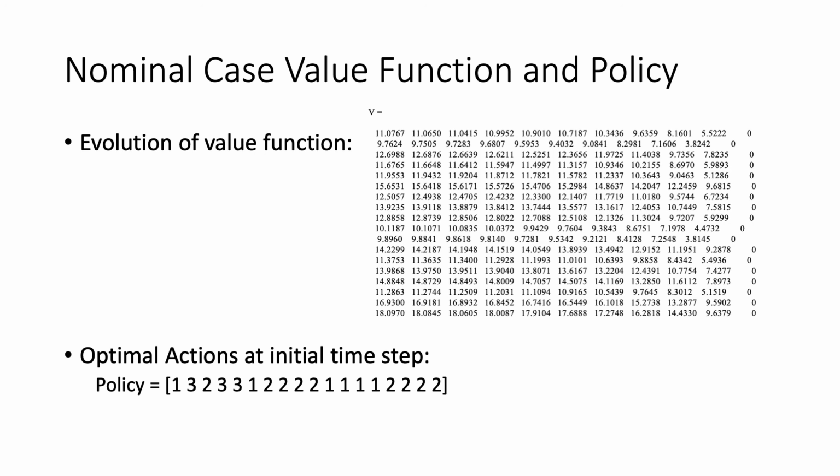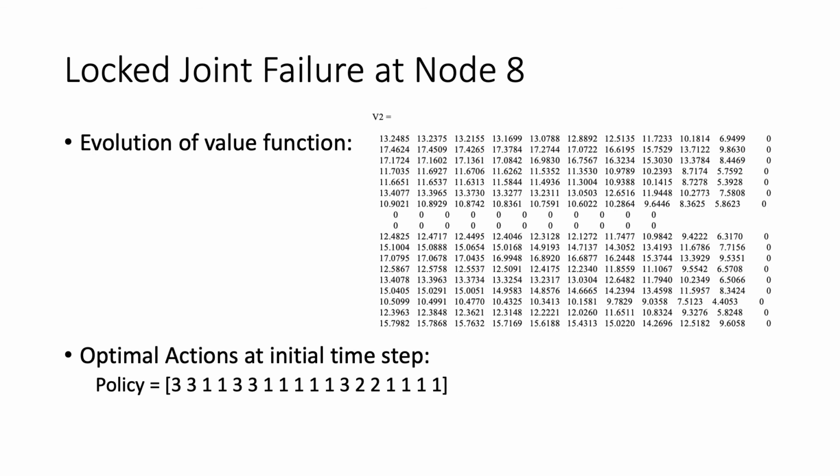And comparing this to the case when a locked joint failure happens, which is in the next slide, we can see that without having to redefine the whole failure mode dynamic model, we can find the new optimal policy that corresponds to this locked joint failure at node 8 by simply applying the change of internal behaviors of